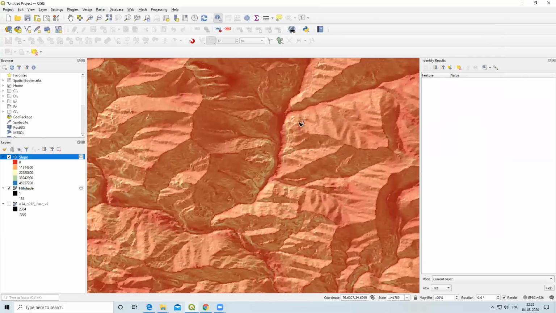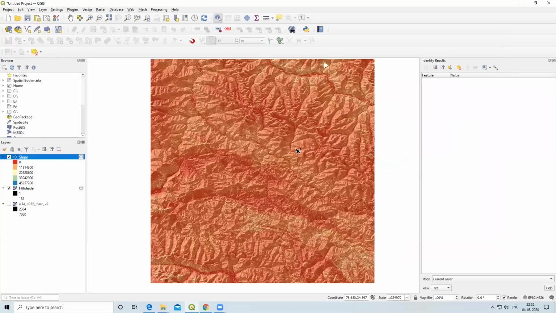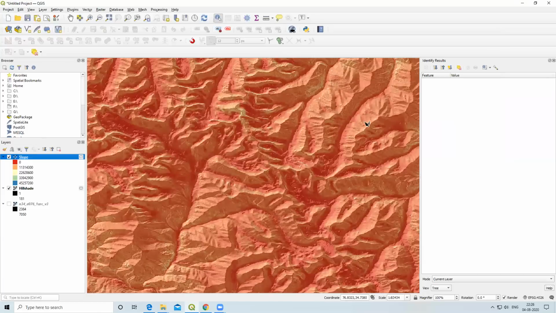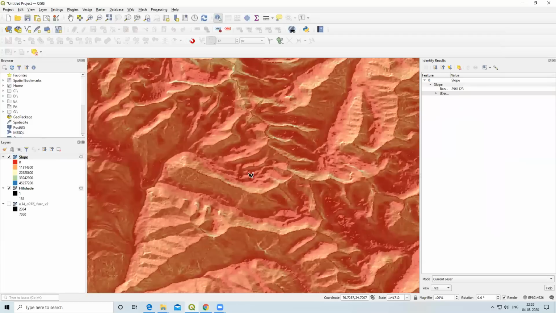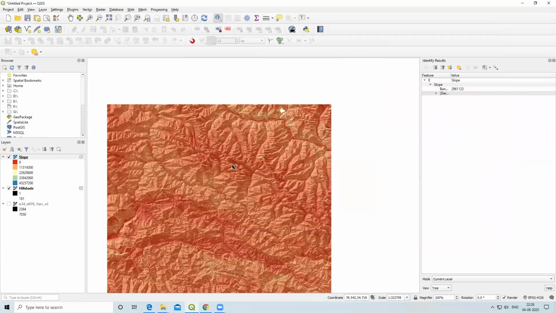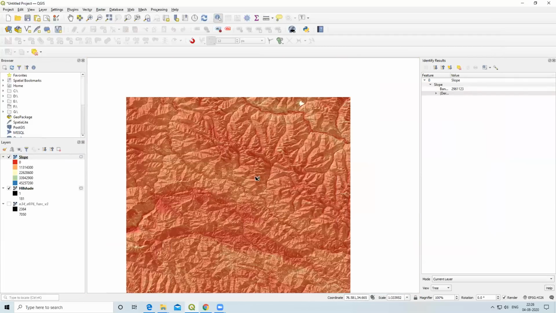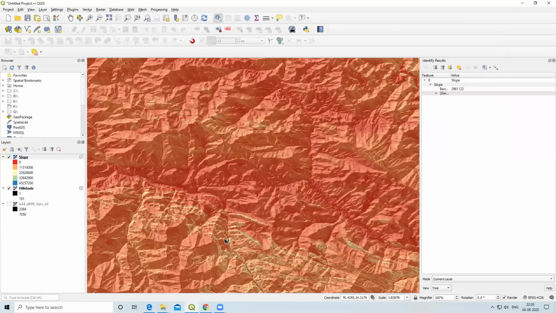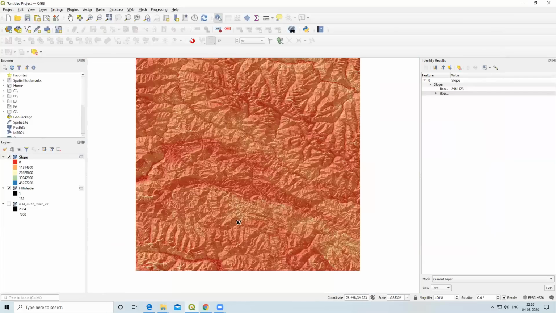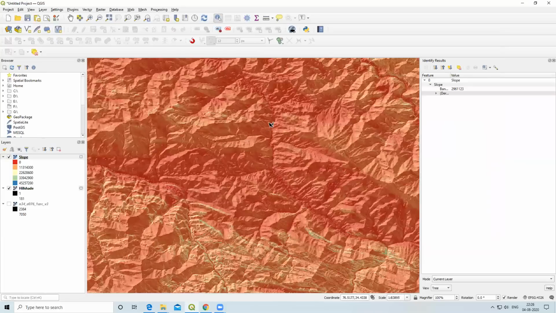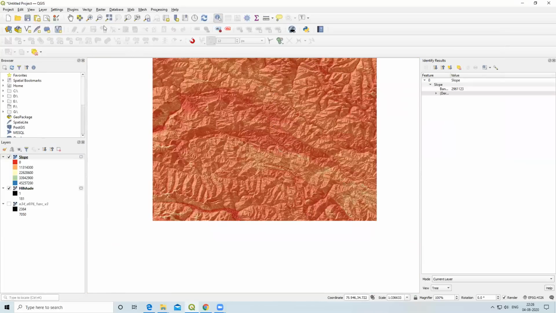When I click here, it will show me the respective value of this slope percentage in the identify result. So you can observe a transparent slope map, and below there is a hillshade map. So this way we can create a slope map and hillshade map.